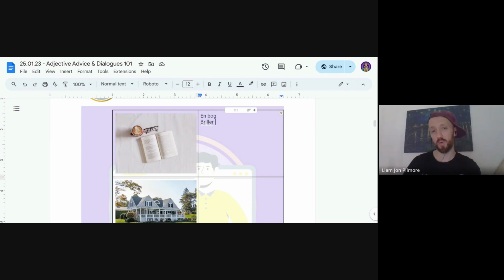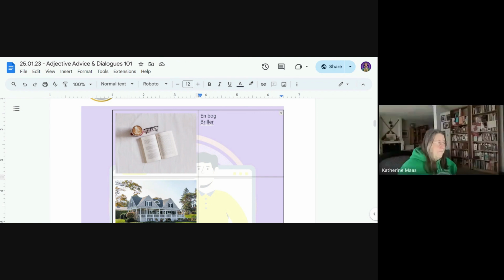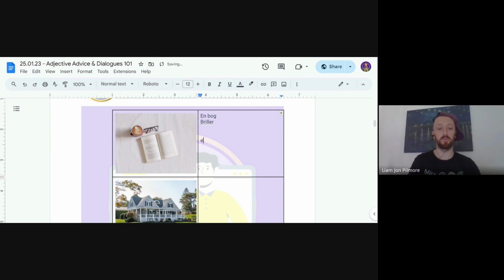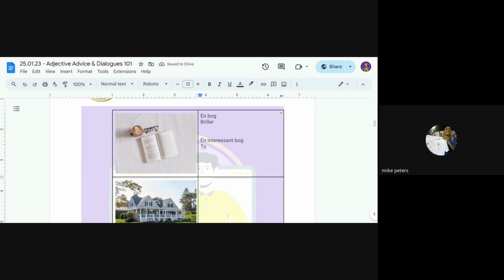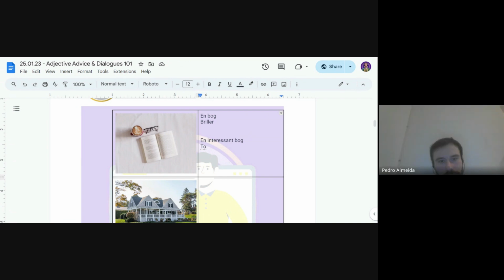Så hvis vi tager bogen, måske, if we take the book, what might be a good adjective for a book? Interessant. Sådan. En interessant bog. Perfect. So what if I have two of them? Bøger. Two, yeah. Bøger, and what about interessant?